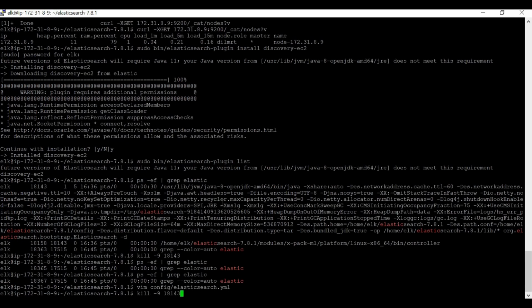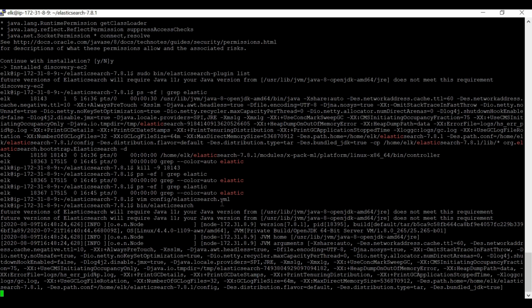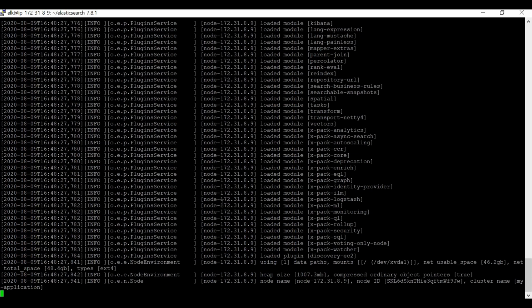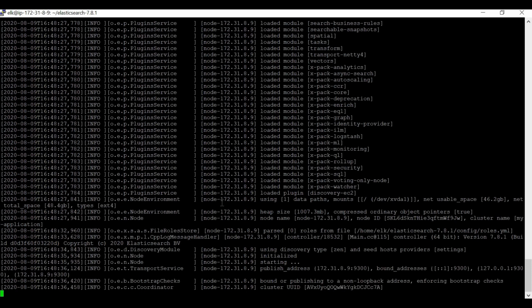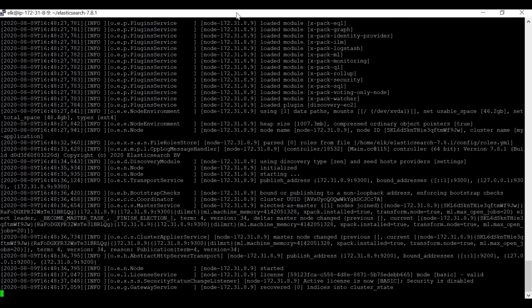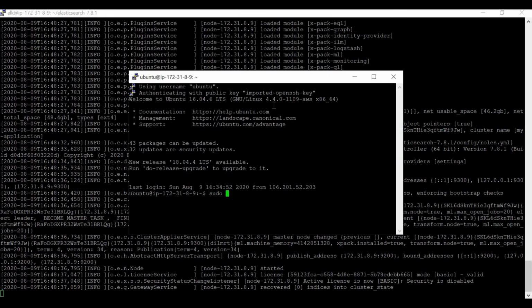Okay, let's start the service and see what the behavior is right now. My node got started. This means my EC2 discovery plugin worked properly. Let's run some curl command again, with -XGET.